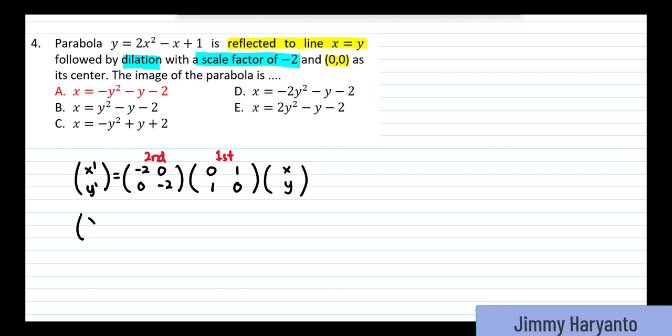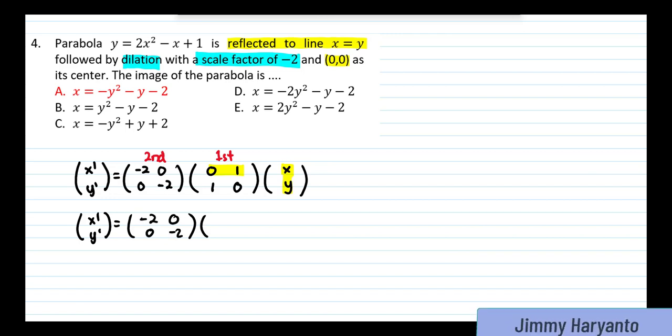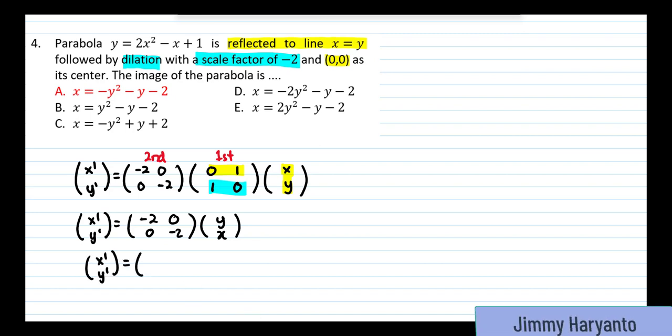And then the next thing you have to do is only to simplify the matrix. You can multiply the matrix first like this times this, or you can multiply this one first. So you will leave the -2 0 0 -2, and then you will simplify these two. So 0 times x becomes 0, 1 times y equals y, and then the second one will be x. Okay, and then the next thing is to multiply this matrix. You will have -2y right here, and then you will have -2x right there.